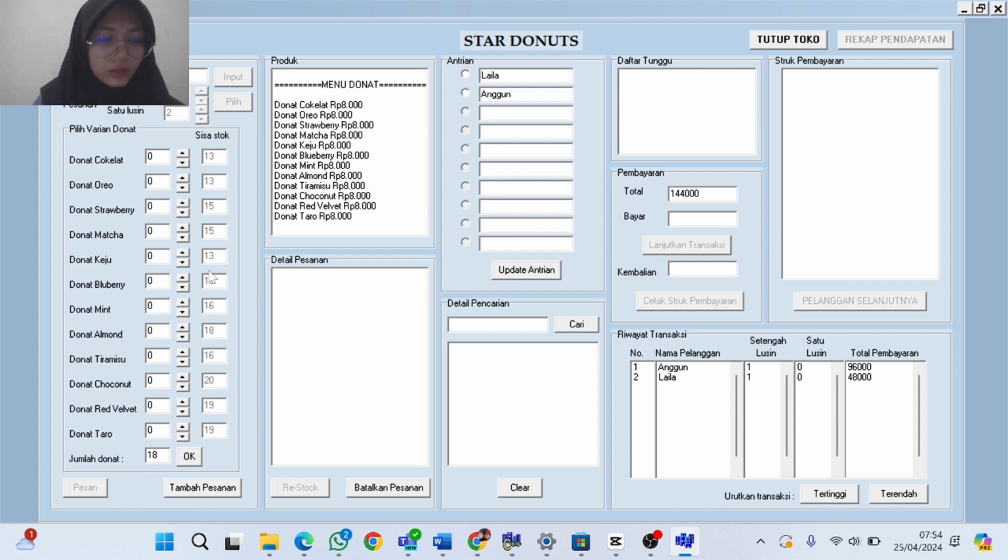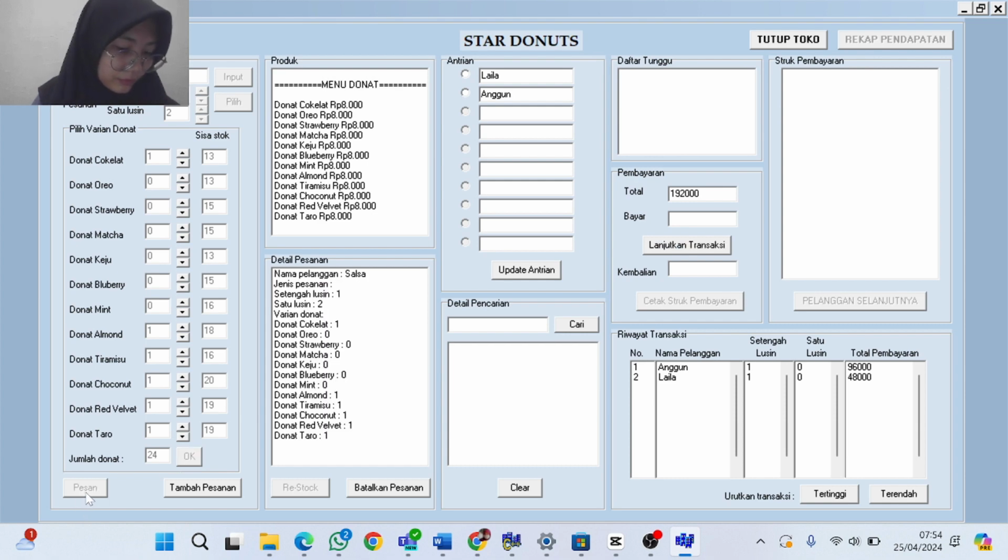Then Salsa's total number of donuts will be 24. Then the total payment will be 192,000.